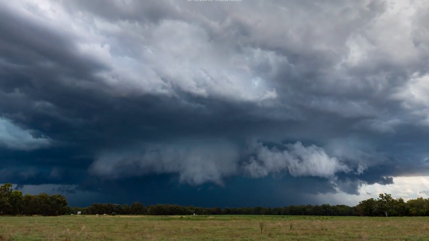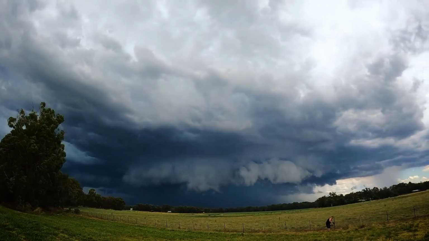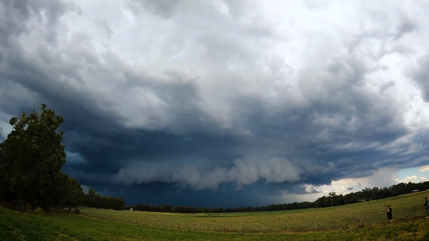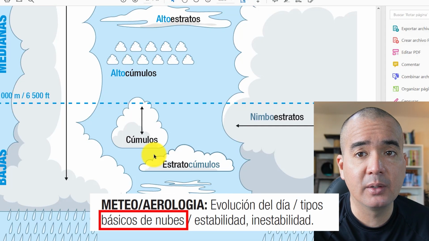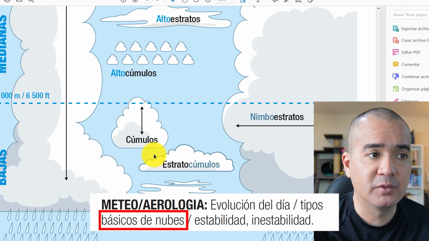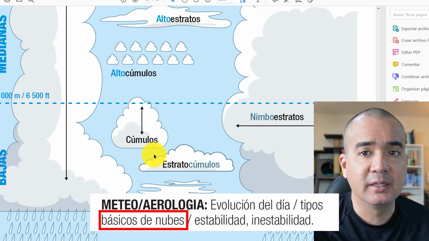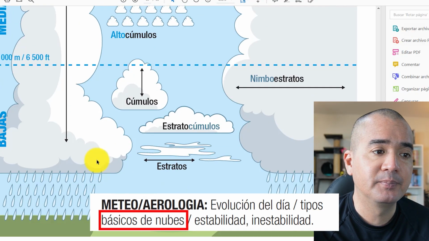Then we have the most dangerous cloud for paragliding, which is the cumulonimbus. This cloud is a cumulus that has developed excessively in the vertical direction, so much that it produces precipitation. It is a storm cloud. Under a cumulonimbus, there can be rain, hail, lightning, and it is very dangerous for paragliding because a cumulonimbus generates